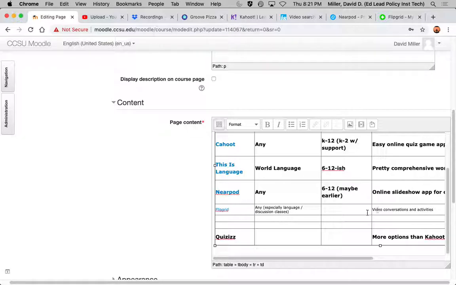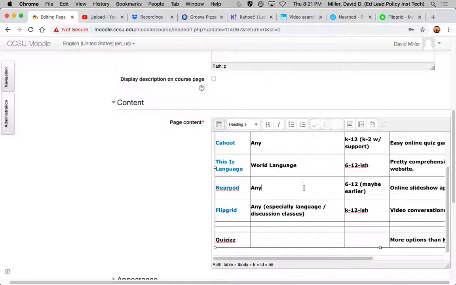So activities. In terms of grade, what would you say is the final? I guess it could be K to 12, just with an ish. I like the ish. Because you could do a lot of different things with it. And this is free.